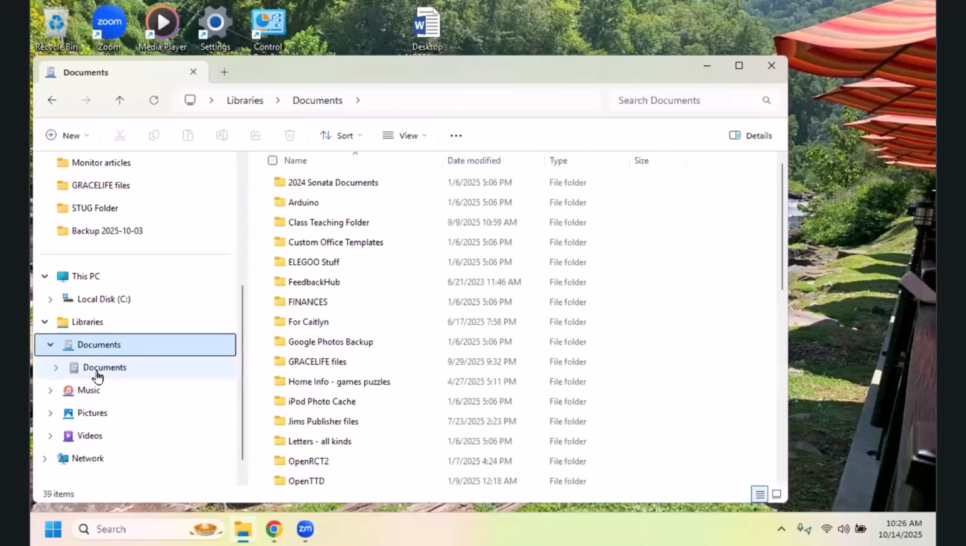Now, it lists documents again. I know you're going to ask me, why does it have two documents? And the answer is, I don't understand this completely. But I believe if you have multiple users on your computer, each user can have their own documents. And so there may be more than one documents, but I don't have any other user on my computer, and